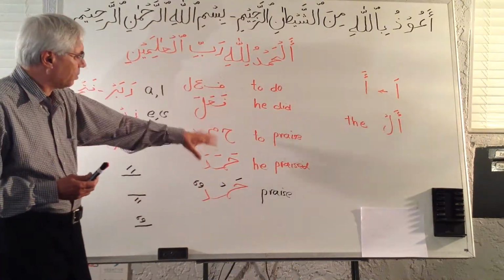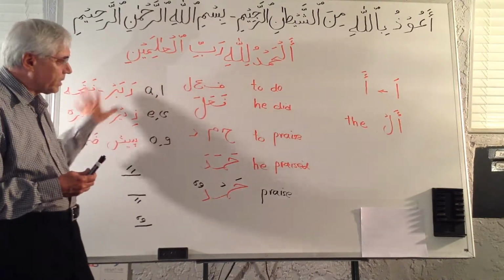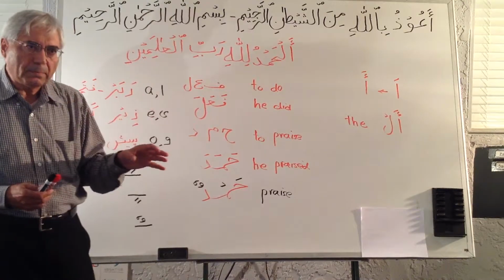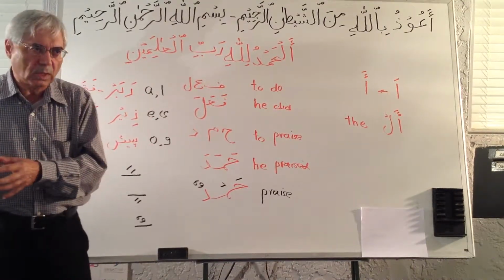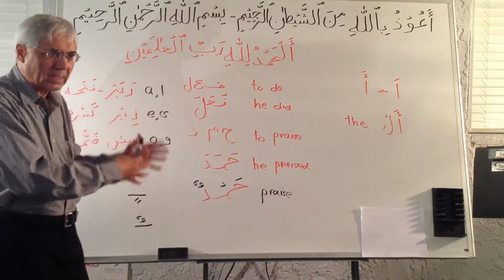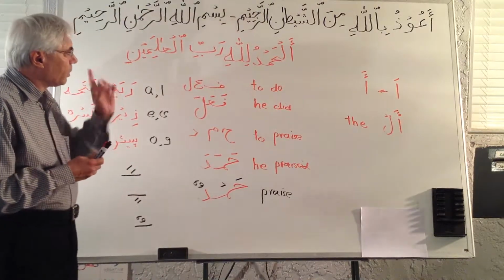So that's some of what we did last time. I want to continue after that. Just keep these things in mind. They are very important basic rules. We know them because we have learned how to read the Quran. But now we are going to make use of those rules to understand the meaning of the Quran, Quranic words. So last time we did one more thing.